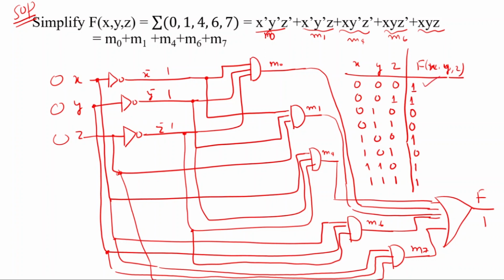So when we see the circuit diagram, it is complex. And how many logic gates are required? 3 NOT gates are required. Number of NOT gates 3. Number of AND gates, each AND gate is of 3 inputs. How many AND gates are required? 5 AND gates are required, and each AND gate is of 3 inputs. And how many OR gates are required? Obviously 1, but it is a 5 input OR gate, and here 3 input AND gates.